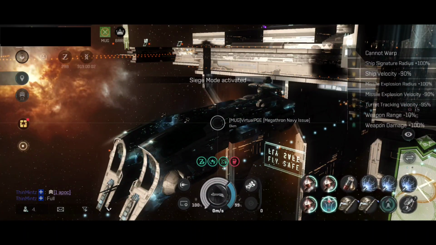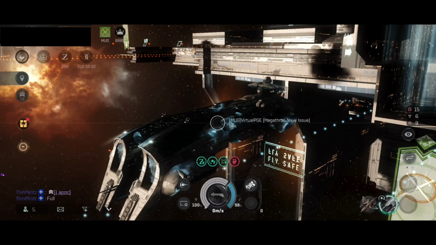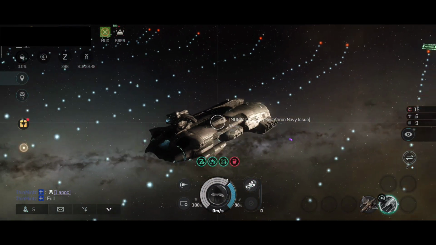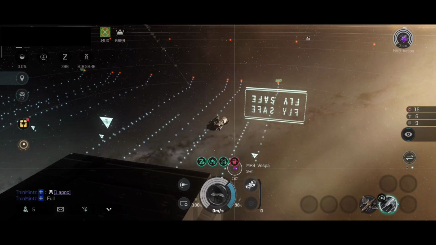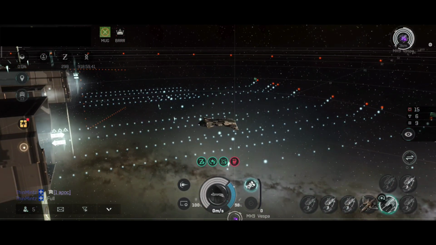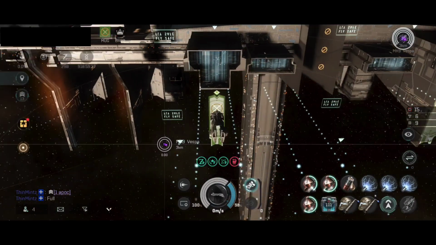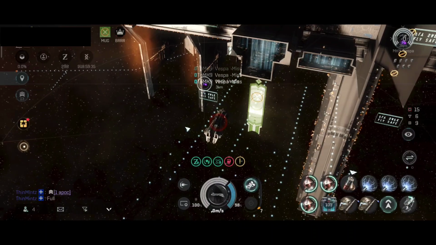Now, the DPS in the siege mode is 2024.15. Honestly, this Megathron here is not really designed to be a DPS machine. It's designed to be a tank, but it should have some very good DPS. Now, where is this drone? Let me quickly charge the thermal circulation implant. The thermal circulation implant kicks in at 70 heat, and